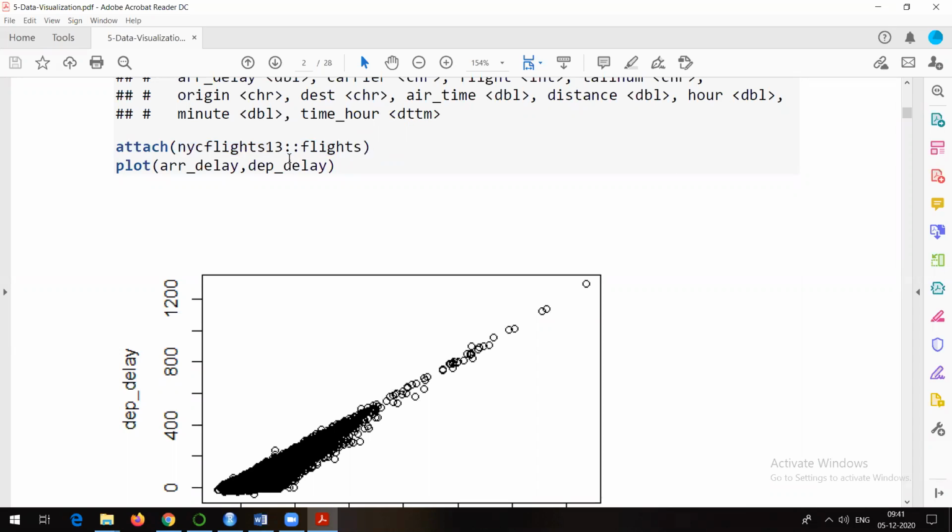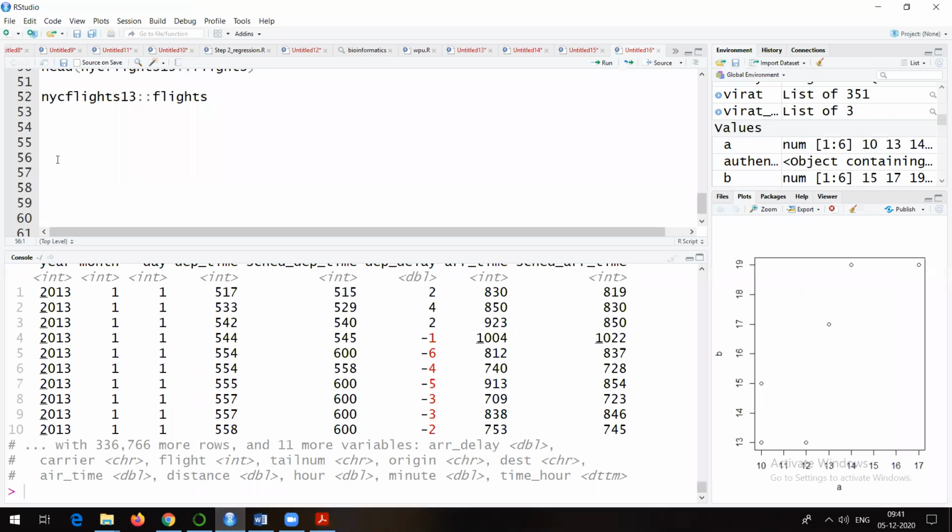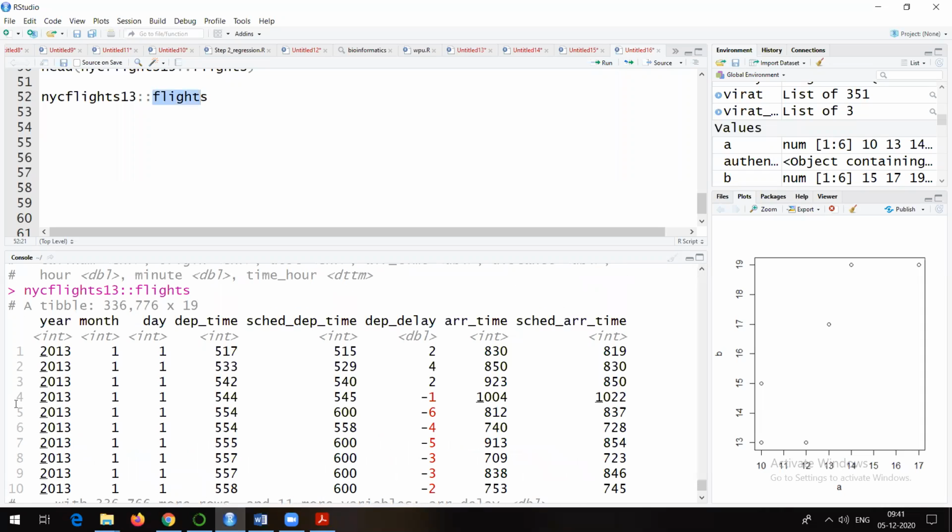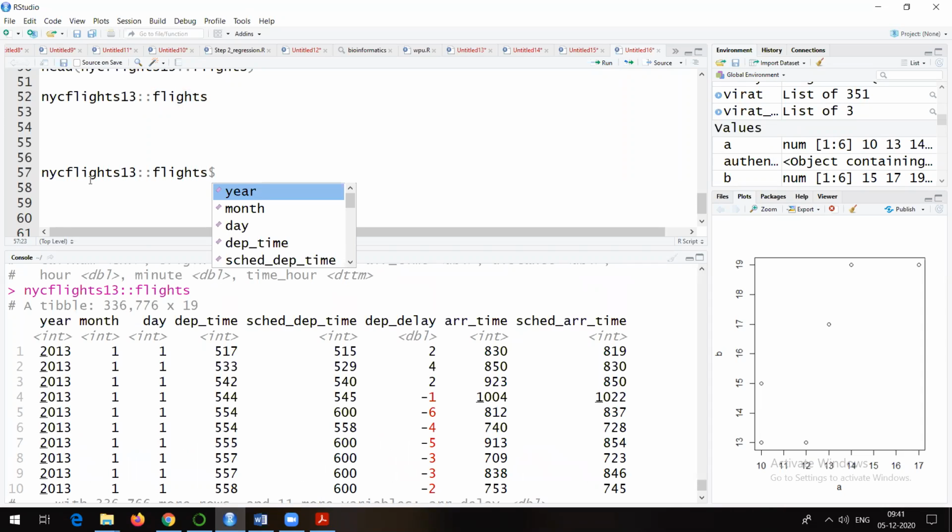If you want your session to identify each column from the data set with its name directly, you need to attach that particular thing. Suppose in flights, which are the columns? In flights, there are a lot of columns which I showed you just now, like year, month, and so on. So here, what I'm doing is the nycflights13 data set, then I put a dollar sign, and here all the